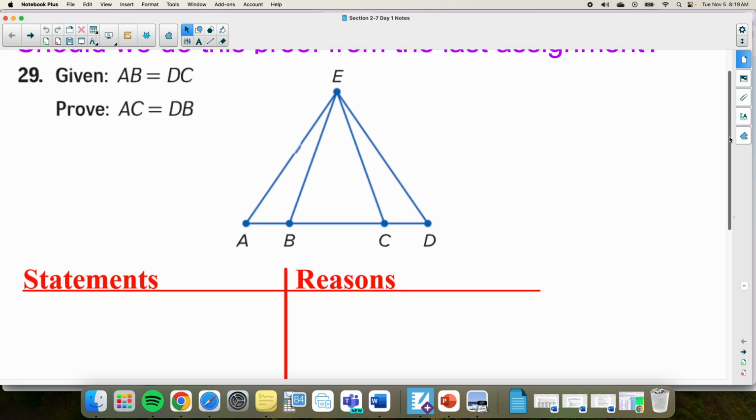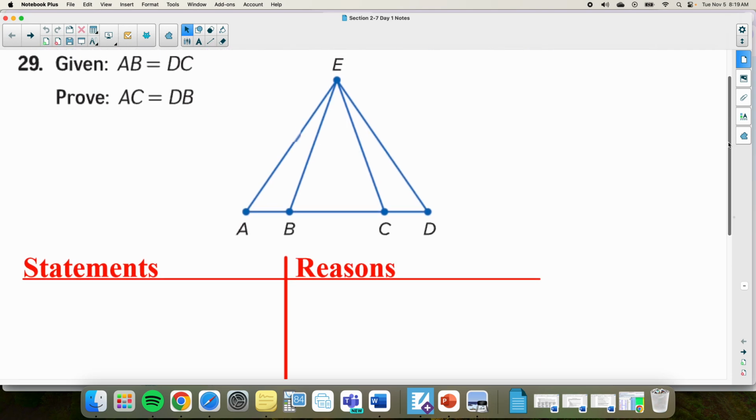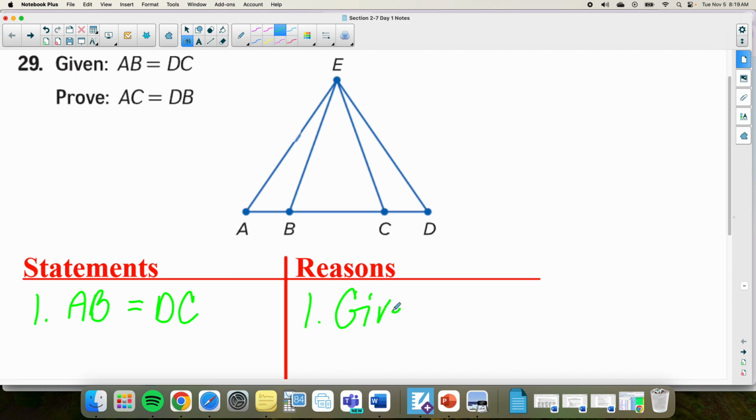So we are, first of all, gonna write down the given, which is that AB equals DC, and that is our given. Okay? Then,